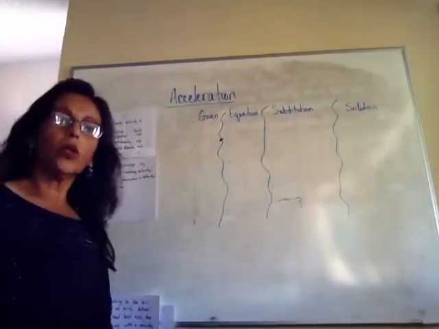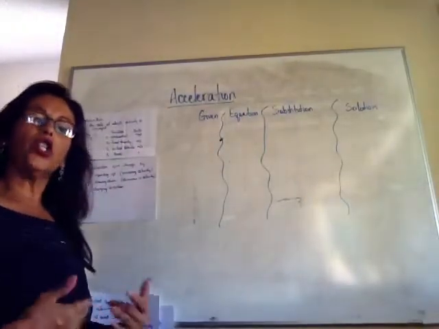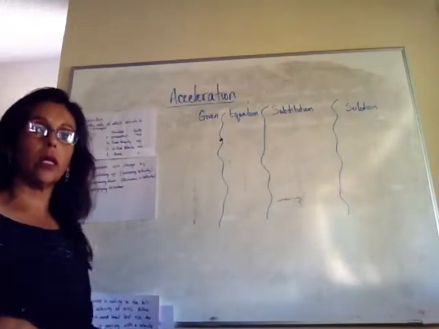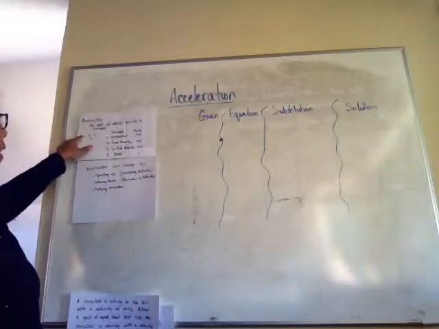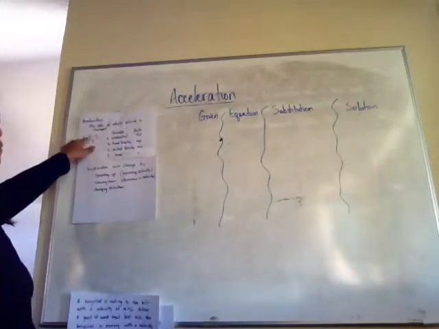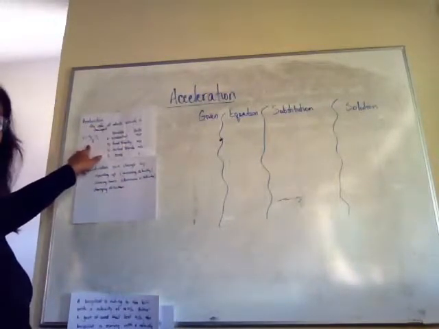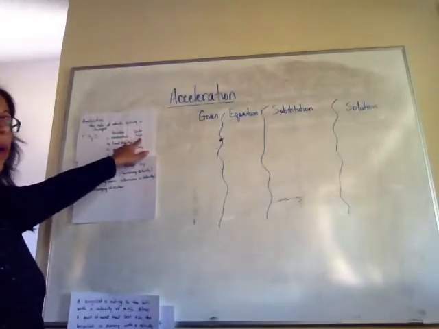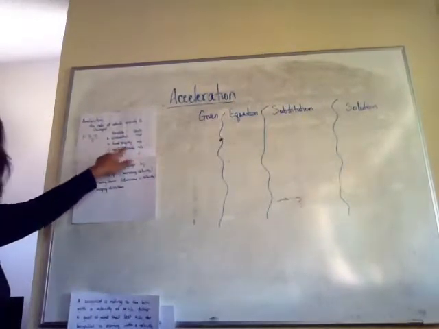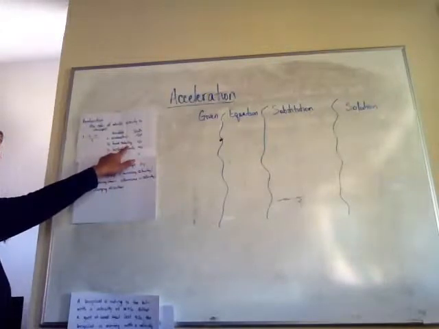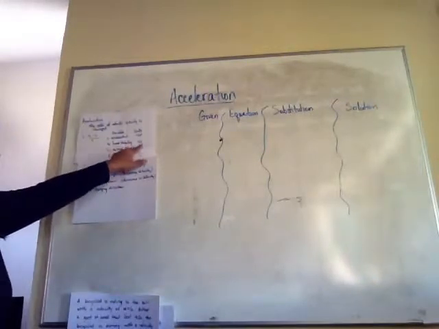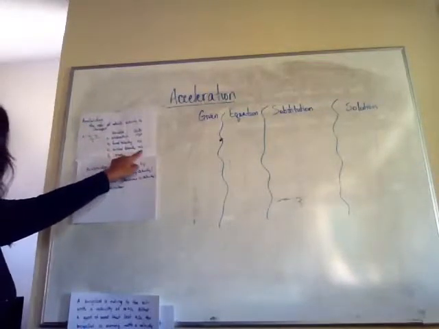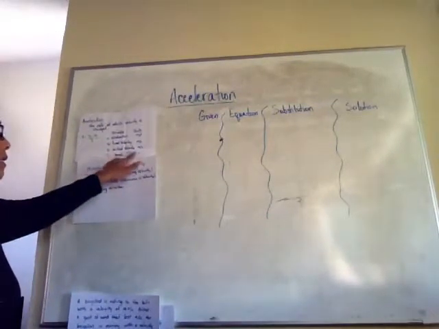Acceleration. Acceleration is the change in velocity and the amount of time it takes to change its velocity. So we can have a = (Vf - Vi) / t, where a is acceleration measured in meters per second squared. Vf is final velocity, how fast we were going at the end of this time travel, in meters per second. Vi is initial velocity, how fast you were going when it began,